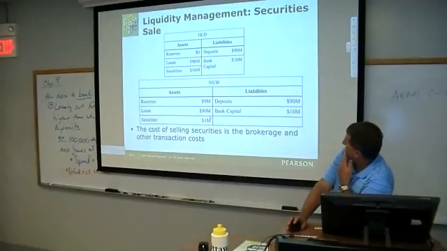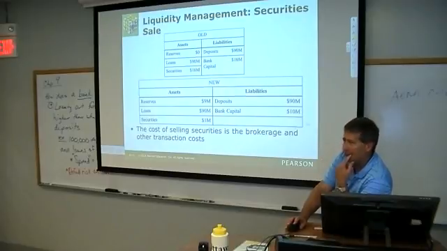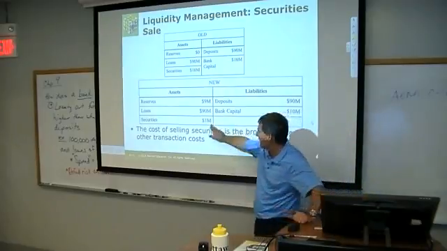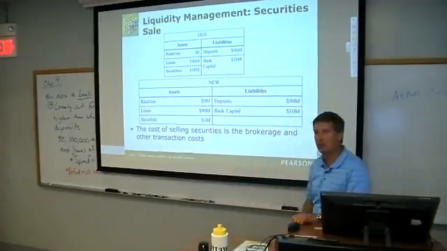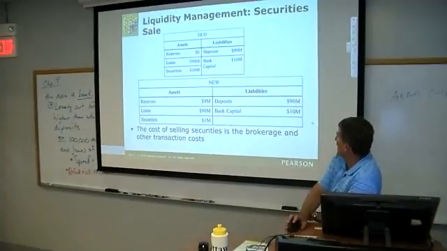All right, so what do we do here to fix? Sold the securities, so this was the securities option. You're going to run into some brokerage costs, right? They might have a little commission for selling the securities, so those are the types of expenses we might run into there.